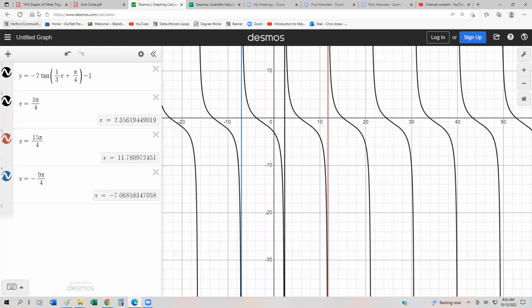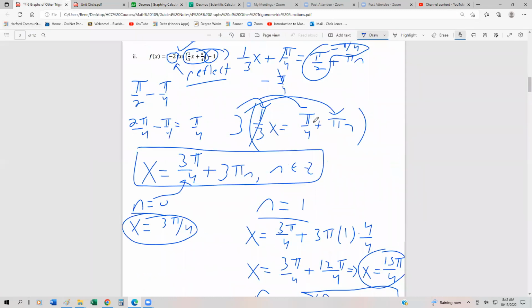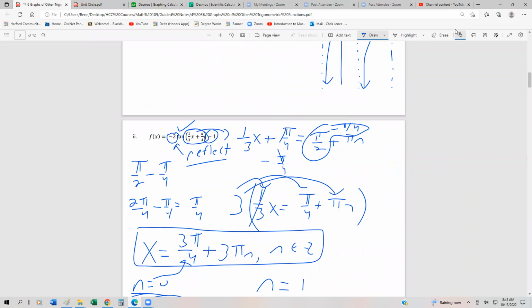Okay, so key takeaways: asymptotes, remember that they're at pi halves plus pi n. Okay, and then be careful of these reflections and those sorts of things, and just set this interior angle or this interior function equal to pi halves plus pi n. All right, so in the next video series, we're going to take a look at the cotangent